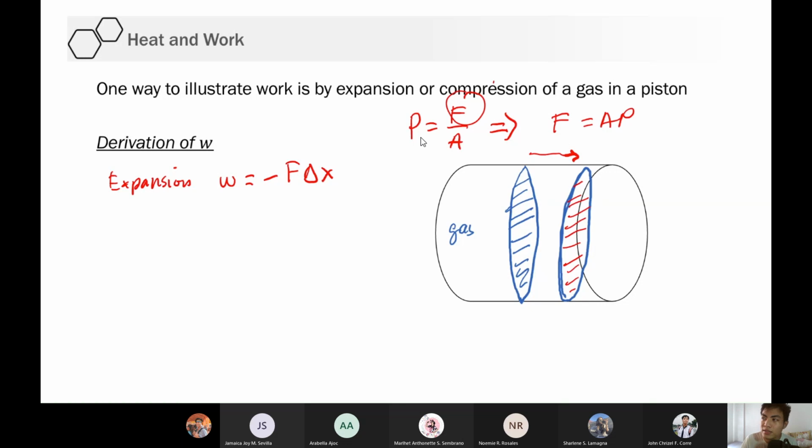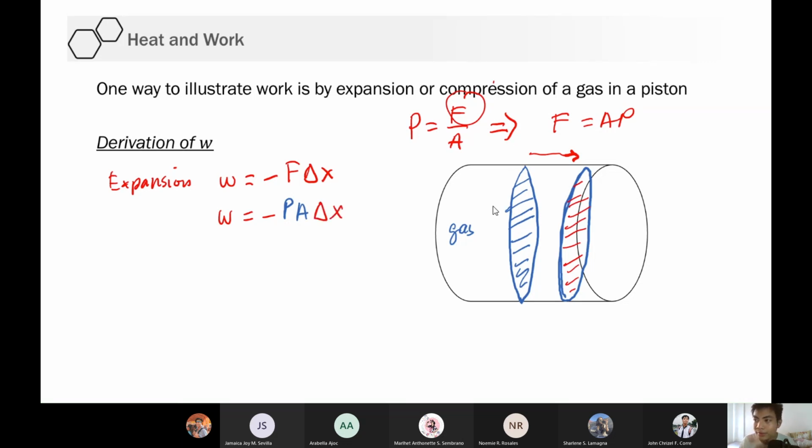The area, kung nasaan naka-expose yung gas, and the pressure of the gas. Yung force kasi kailangan dito, so we need the area times the pressure. Ano yung area na yon? Yun yung area nitong circle na yan. Sinolve nyo rin yan sa prob set, this is pi r squared. Pwede mo makuha yung area. Okay. So let's plug that in. P A delta X.